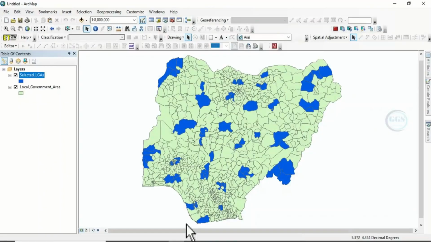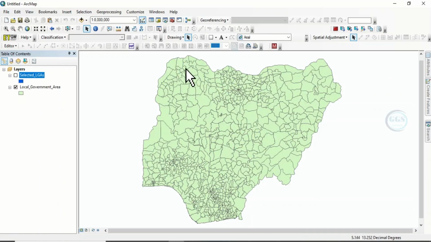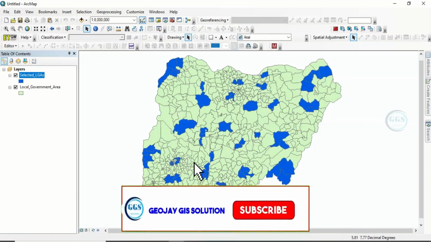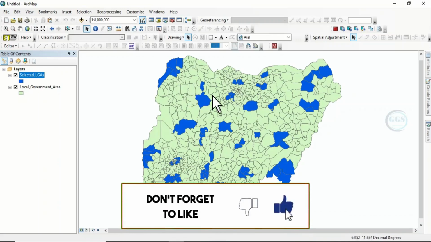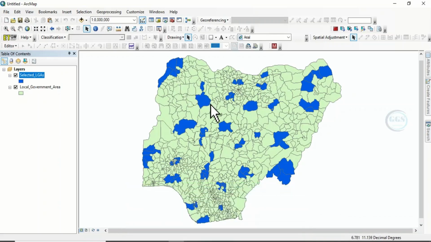So let's assume you have data like this. In this case, I want to use Nigeria local government areas, for example. Let's assume you have this local government area layer, and you want to select some local governments, some polygons, just like this, from each state. And you want to see how many local governments are selected from each of the states,